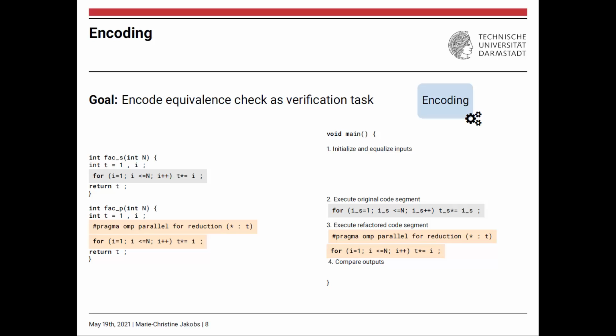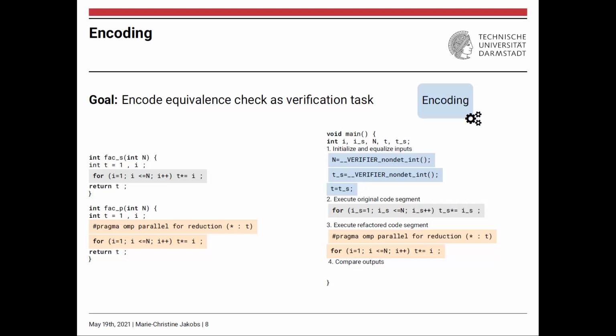After we added the code segments and performed the renaming, we can then introduce the necessary variable declarations and then continue with initialization. So the read-only variables need to be initialized as we've shown on the previous slide. And in our example, we had the read-only variable n, which is now initialized with a random integer value here. In addition, we have to initialize modified variables that are used before definition. And this was variable t in our example.